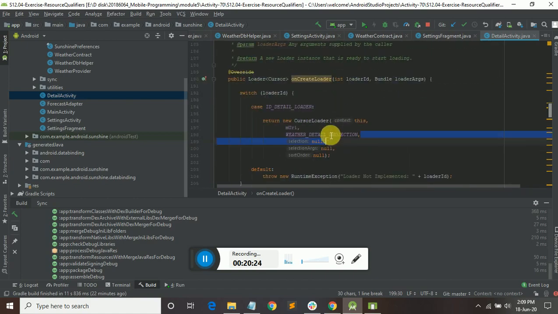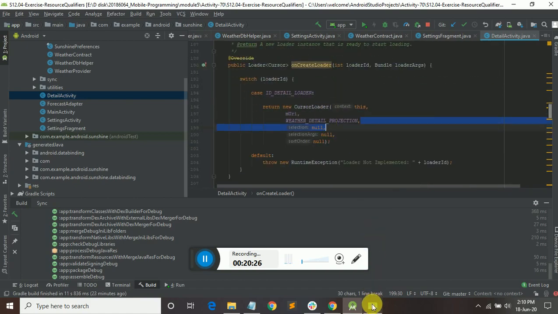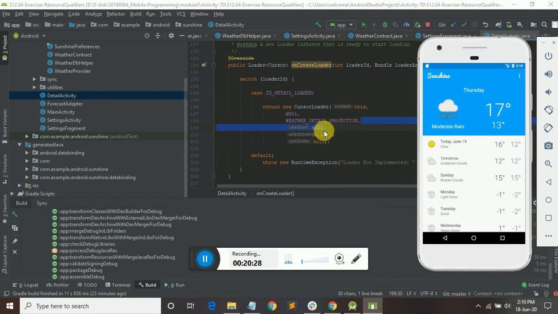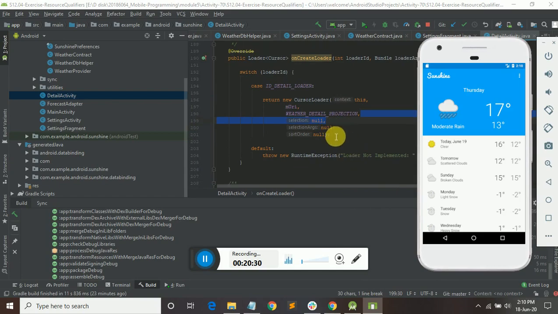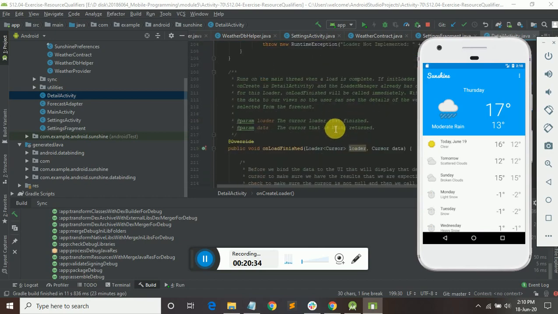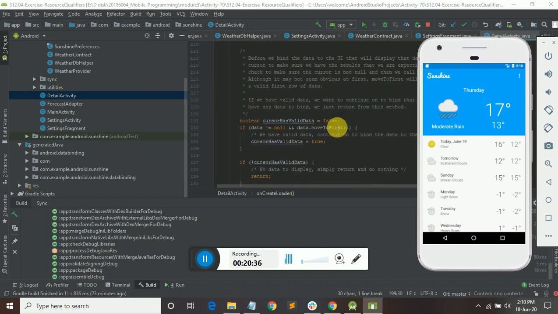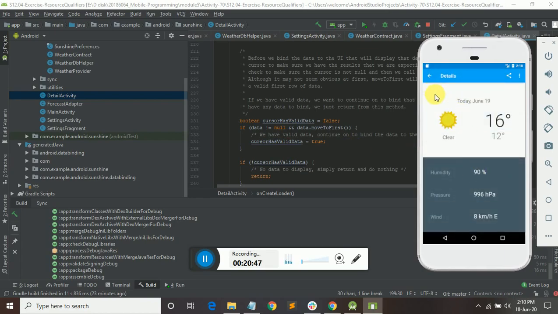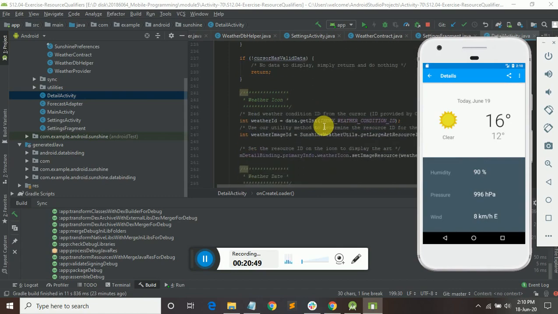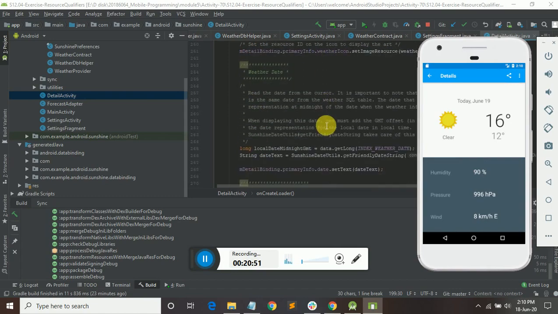And on create loader, based on the loader ID, it will load the data, and it will take all the values, and the cursor. This is the thing like when you click, you can see here, if you click this day it will show. So for that these methods will be used.